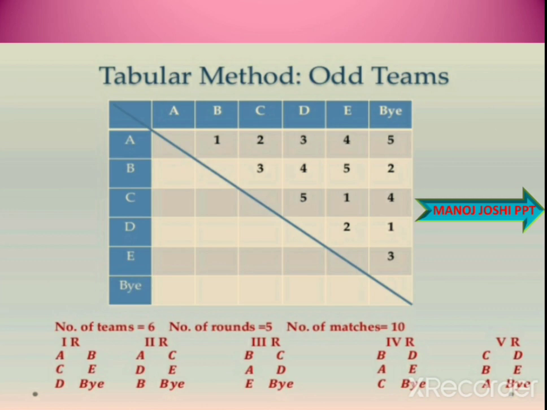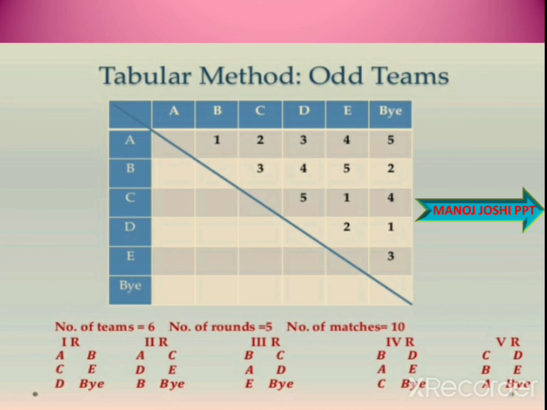In this case, again in the same way we will write. In the last column we will write the previous number of the first number we have written in the row. In the first row we have written 1 here, so 5 is coming. In the second row we have written 3 here, so 2 will come. In the third row we have written 5, so 4 will come. In the fourth row we have written 2 in the first column, so 1 will come. And then after that 3 will come here, the next number after the previous first number. So this is the way.